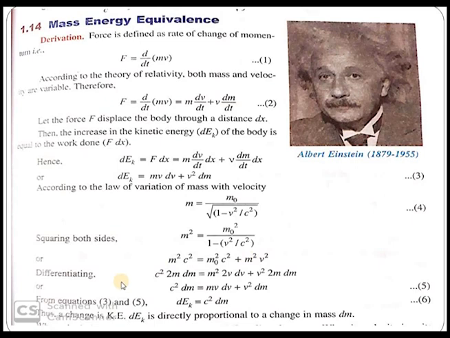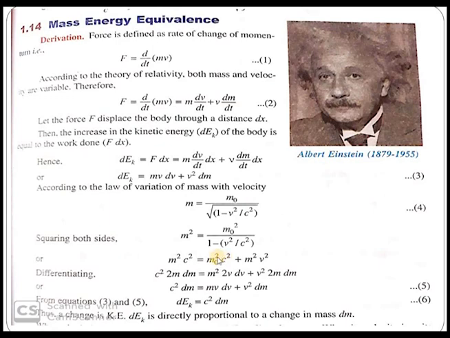And now what we do next is differentiating. c is what? Velocity of light. It is constant. Constant means I cannot make a change in that, so I'll keep it like that. That is, c square into m square gives 2m into dm. And m0 square is the rest mass of the body, the mass of the body when it is at rest, and it has a constant value. c is the velocity of light; it again has a constant value.